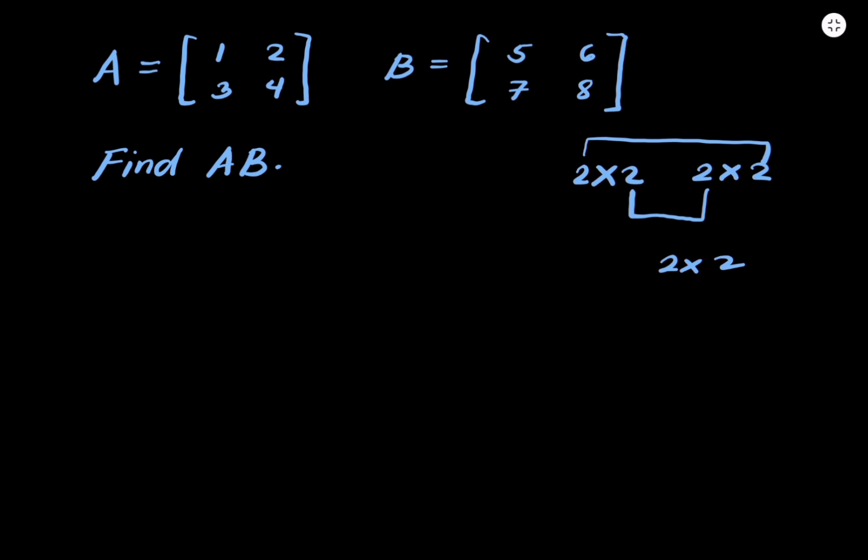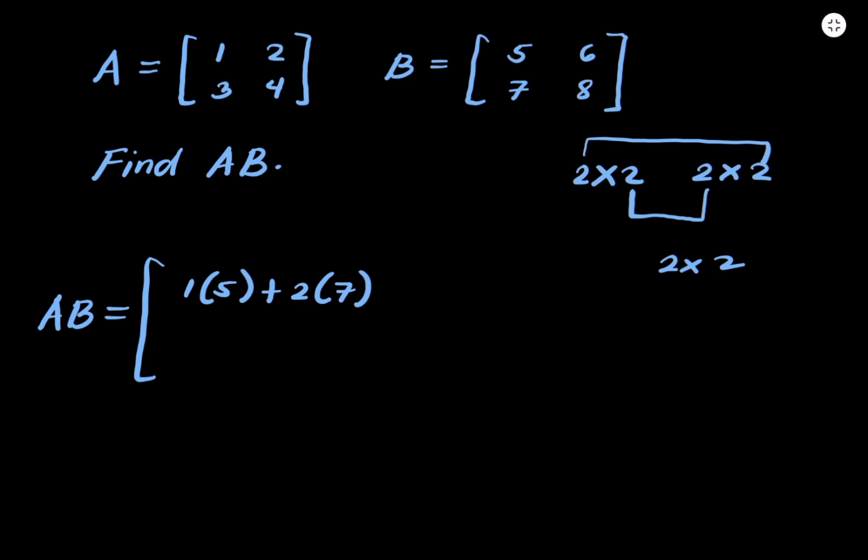Now let us multiply these two matrices. And here is the most important rule in multiplying matrices. Row times column. Meaning, we need to take a row from the first matrix and multiply it by a column from the second matrix. So A times B would be equal to, so we need to multiply the row entries by the column entries. So we have 1 times 5 plus 2 times 7.